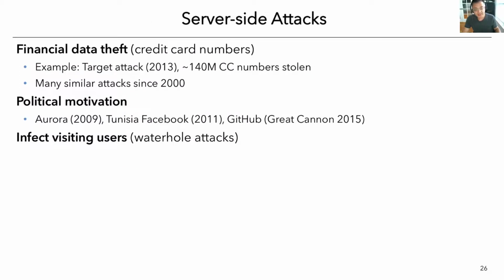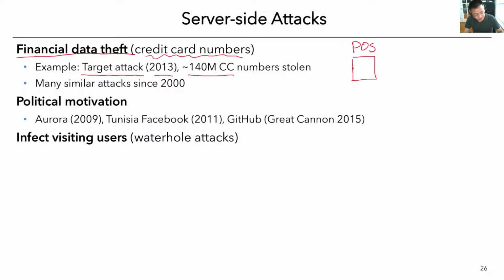Okay, they can also do server-side attacks, for example, to steal financial data, like credit card numbers. So here are some examples, like in the targeted attack in 2013, there were 140 million credit card numbers stolen. So the targeted attack is actually very interesting. If you think about this, right? The credit card numbers are actually stored in the POS system, the point of sales. Their system to run their